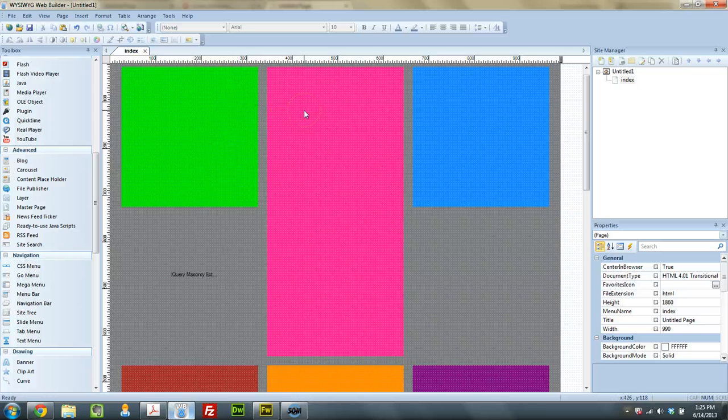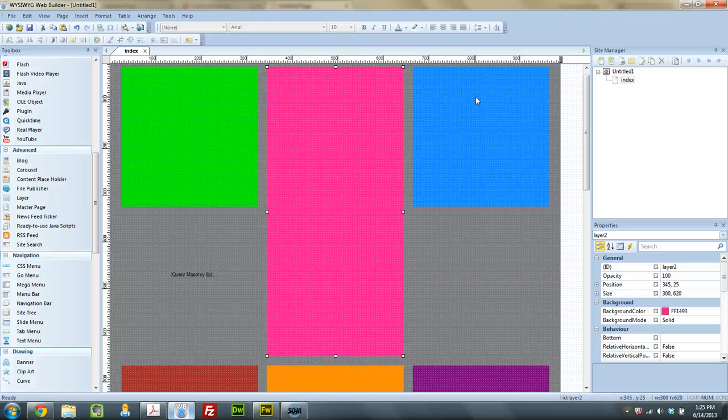So I named each layer, and I made them all the same width. That's what's important. You want your layers to have the same width. It works on a grid. So you could have 2 more boxes in here. For instance, let me just show you here. Let me Control C, Control V, and we'll go